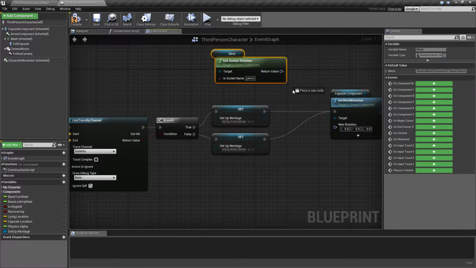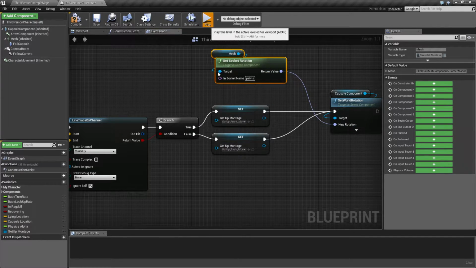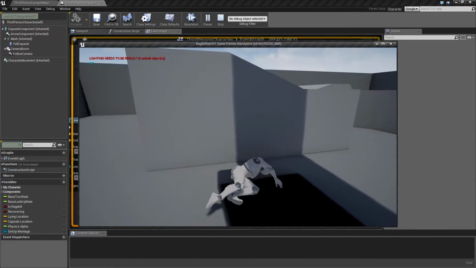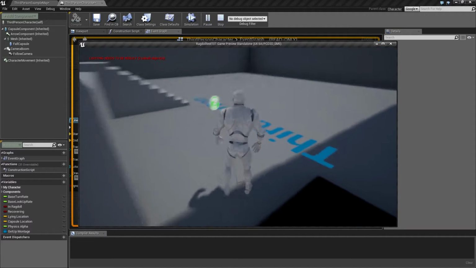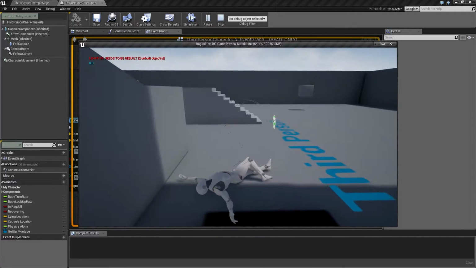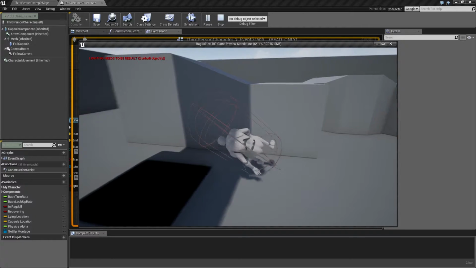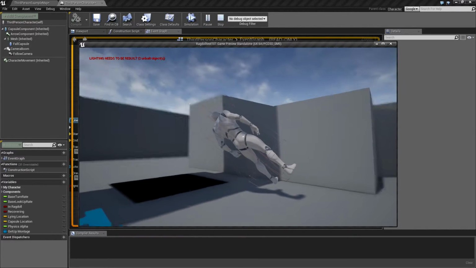And if we just connect this up and play this,